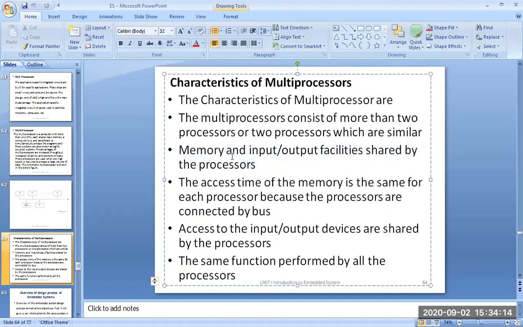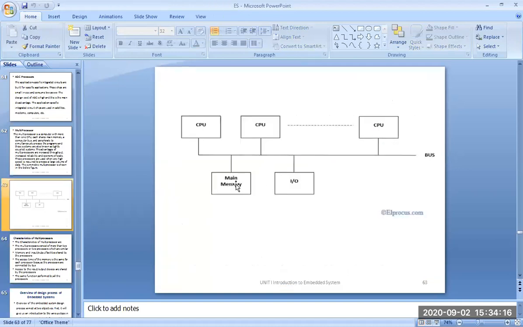all these processors. As we have seen in this block diagram, we have only one main memory which is shared by all these processors. We don't have separate main memory for each of these CPUs. Yes or no? The same is the case with IOs. All these processors share this main memory and also IO through this bus.